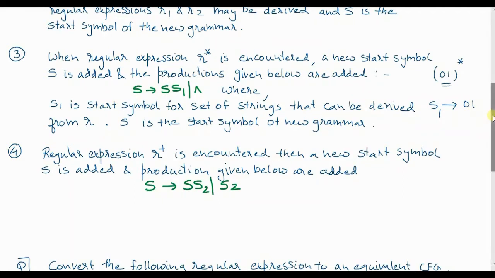So for that I will introduce another symbol, start symbol S. Okay, and the production will read like this: S gives S S1. So what will happen? Every time S is replaced with SS1, S1 will be replaced with 0 1, and you have another scope of calling. For example, if you have a string 0 1 0 1 0 1, what will happen? You will start with the start symbol and then you will say S S1.